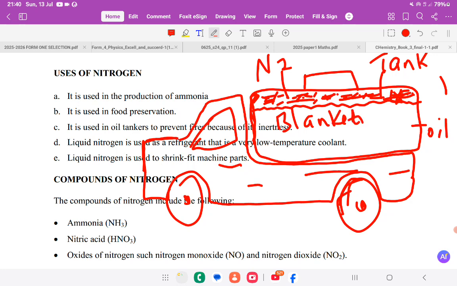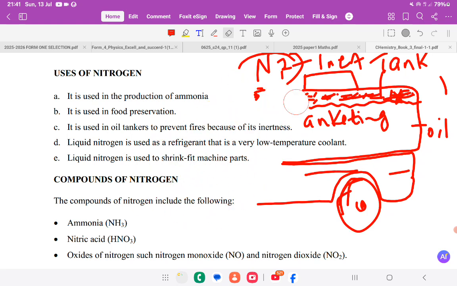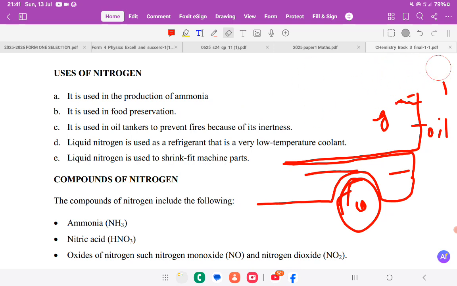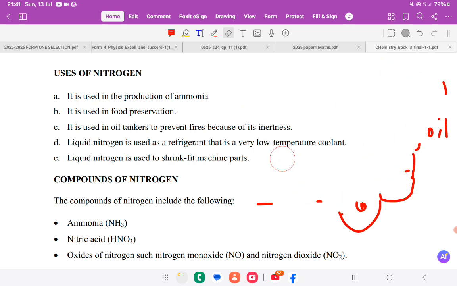It's called blanketing. It's like the oil is blanketed or covered with a blanket, but in this case it's not the actual blanket which you and I cover with when we are sleeping, but this one is nitrogen. So the oil is blanketed or is covered with nitrogen to prevent it from catching fire. How the nitrogen is able to do that is because of its innate or unreactive behavior with oxygen. All right, so that's the use of nitrogen to prevent fires,